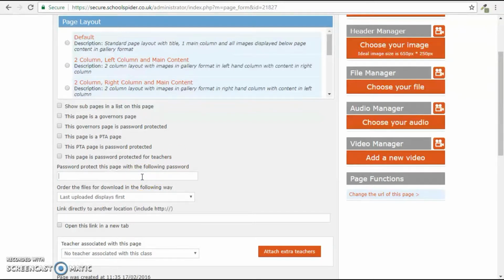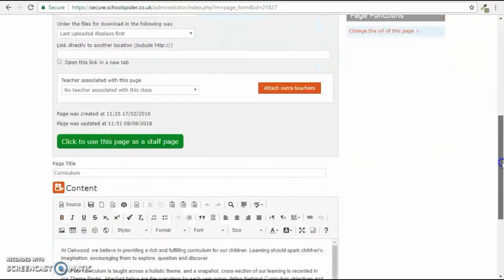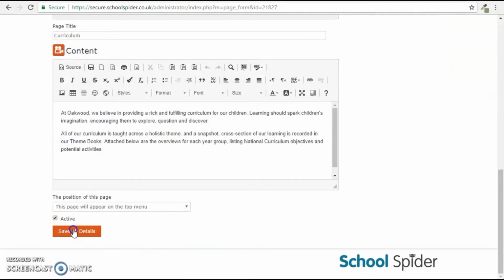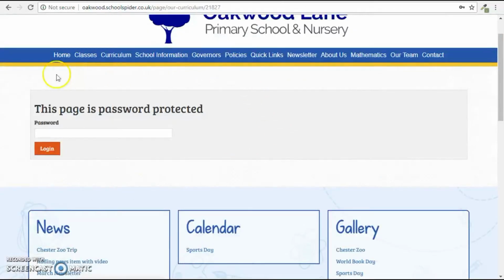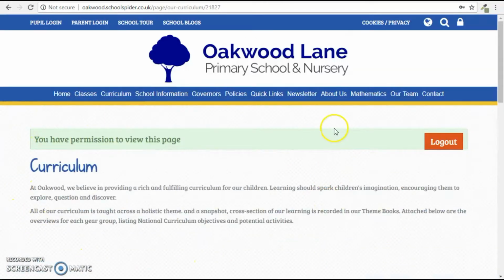do is just type the password in here, scroll down and then press save. That's then going to pop this box up on the page that you've added the password. Users can then just pop the password in, select login, and they'll be able to see the information on that